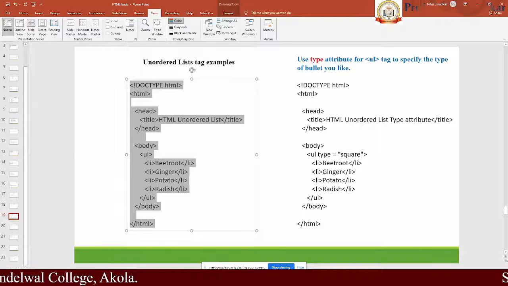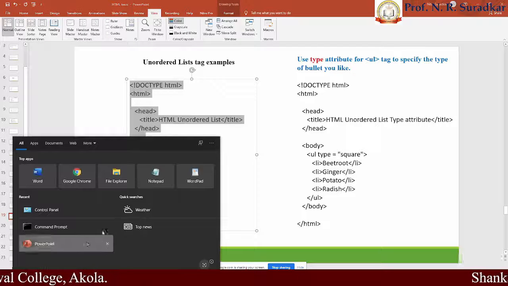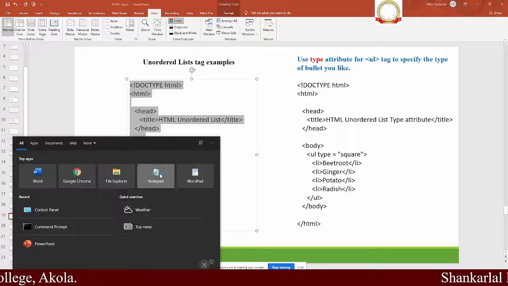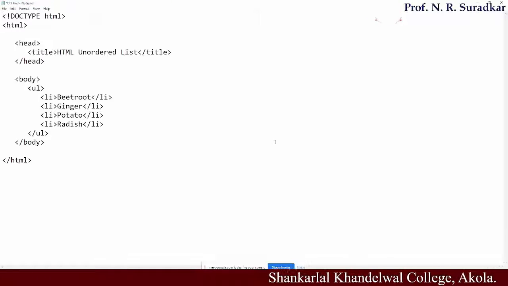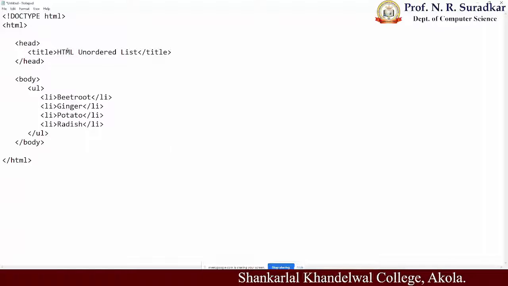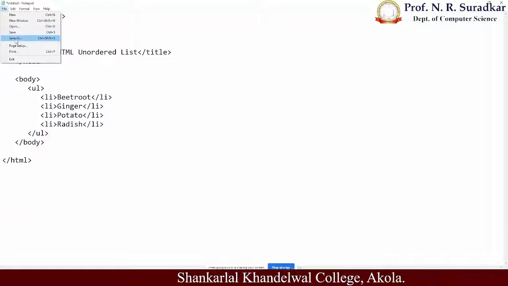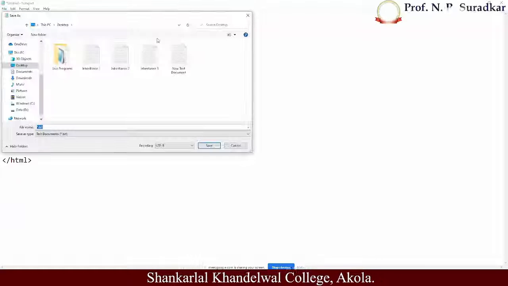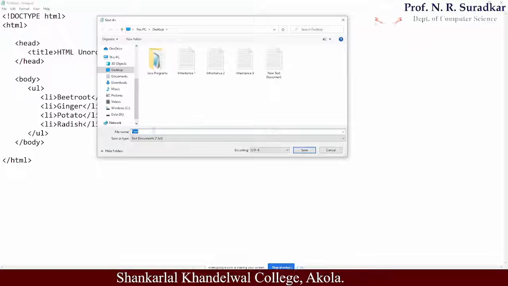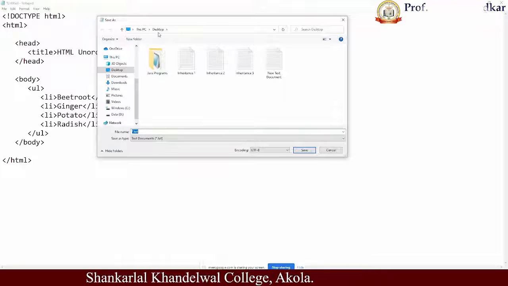For example, I'm copying from here and going to the HTML editor, which is a basic Notepad. After pasting the code, I go to the file menu, then click the Save As option and save the Notepad file on the desktop.